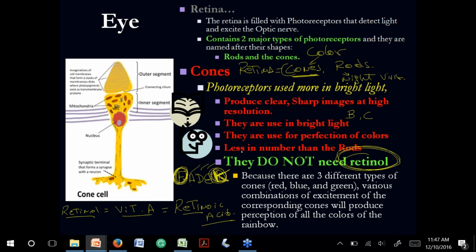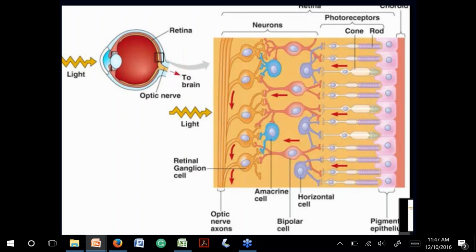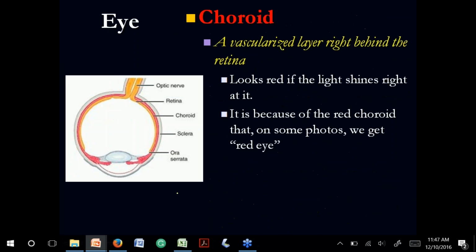Okay? All right. So one thing I want to tell you here is that retinol is useful for the rods. Same vitamin A, retinoic acid, is used for the rods. So what I'm trying to tell you is that if you take vitamin A for your eyes, to have better vision, to see better colors, you will never have results because that is not going to affect the cones, only the rods. The rods are for night vision. Okay, period. All right, so that is about the rods.